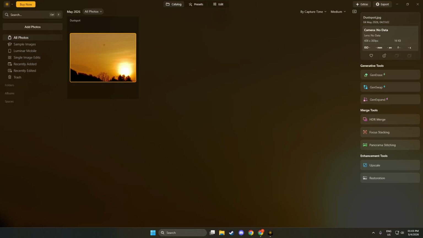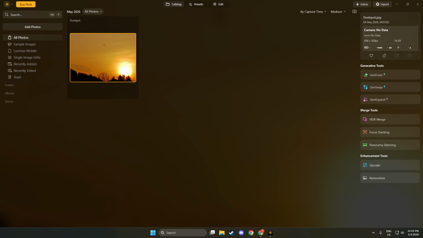In today's video, I'm going to teach you how to remove dust spots in Luminar Neo. If you've ever noticed faint, round, murky dots scattered across skies or bright backgrounds in your photos, that's usually sensor or lens dust. The good news is Luminar Neo makes cleaning those up quick and reliable, so your images look polished without hours of retouching.